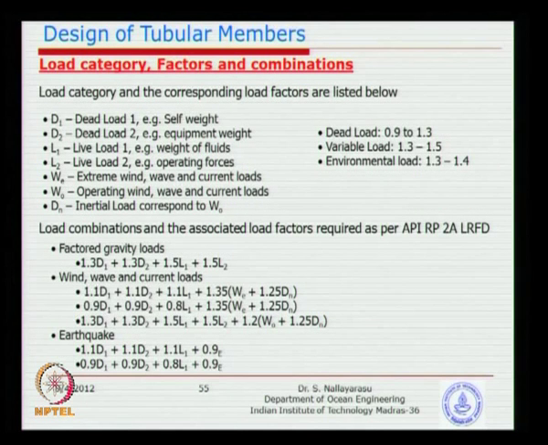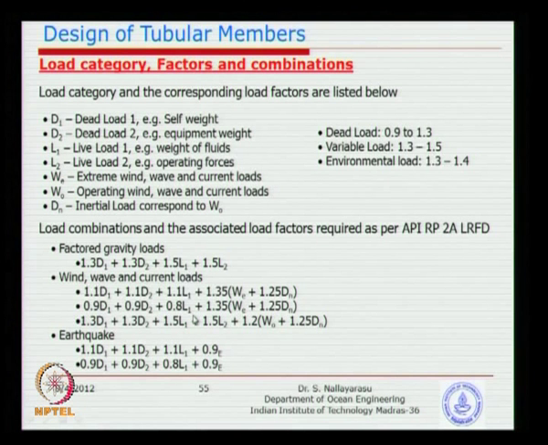Some of the numbers which I have just taken from API RP2A, for dead loads it varies from 0.9 to 1.3 depending on which load you are combining with. For example, if you combine with live load, you may say 1.2, and when you combine with variable loads, you may have different factors. Typical example will be the three cases which I have displayed here. The first one, gravity loads are given 1.3 combining with live load, whereas when you combine with the environmental loads, you have only a reduced dead load. So, the joint occurrence of the extreme sea state with the dead load, you do not need to increase so much. So, basically that is why instead of 1.3 you have a 1.1 here.